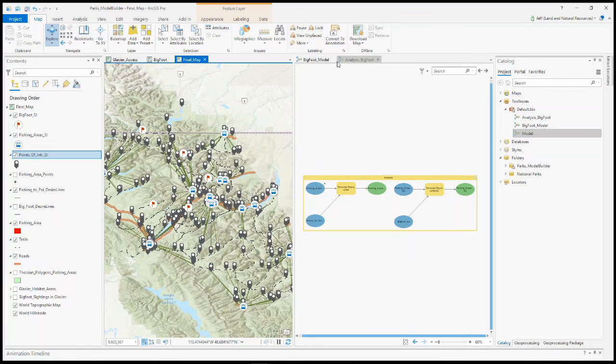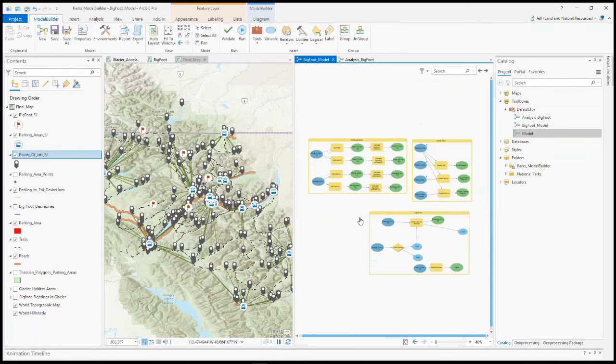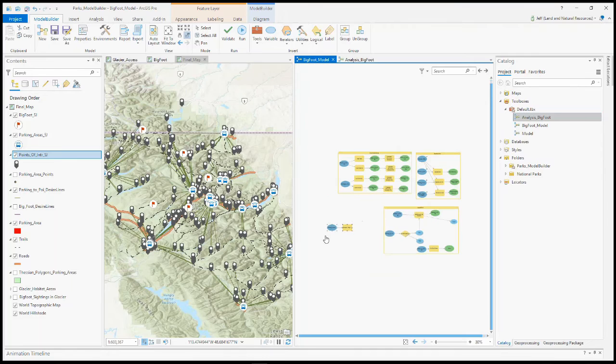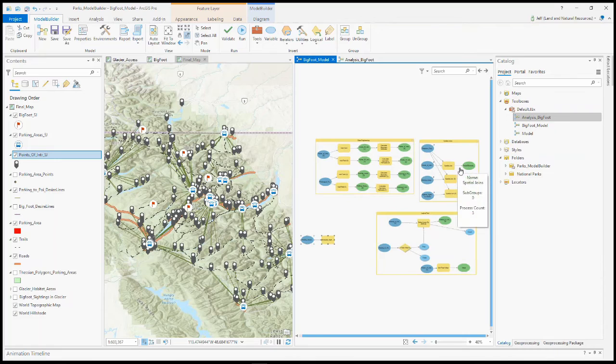And let me show you how it's a drag and drop feature. So here's my analysis model. You drag and drop it in here,